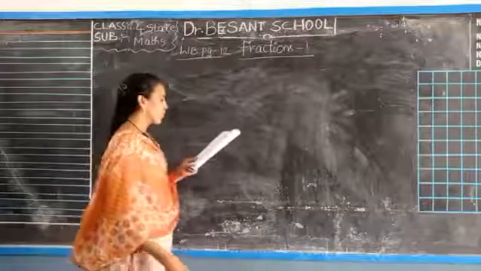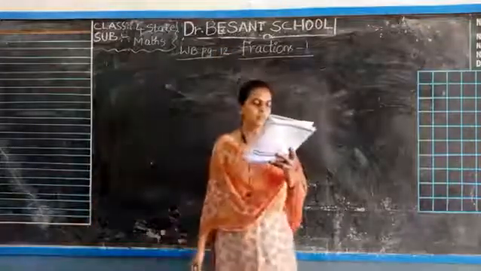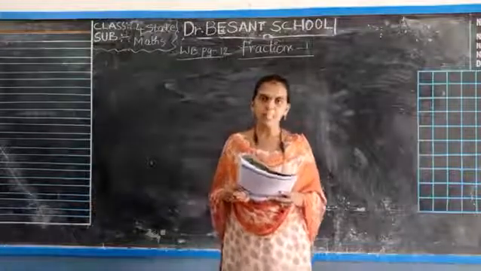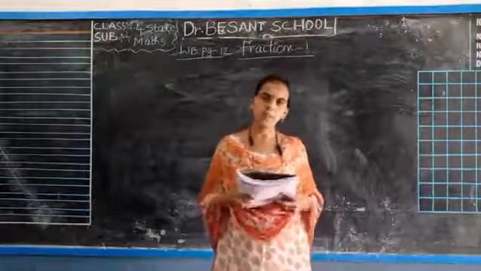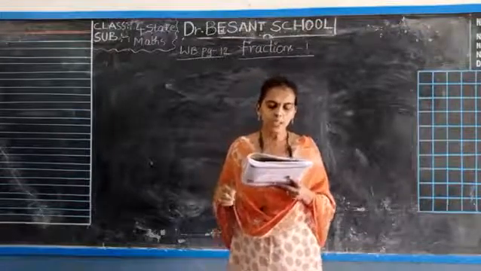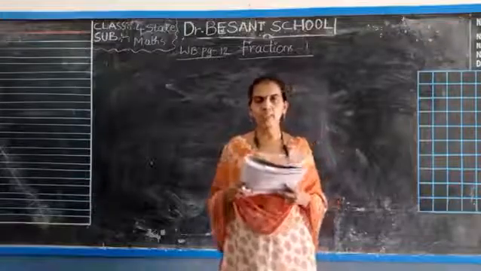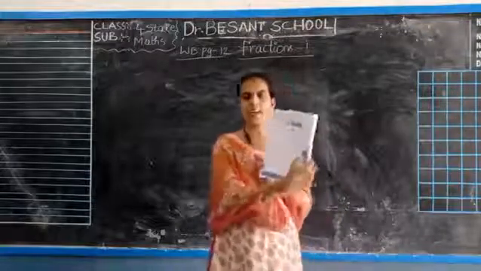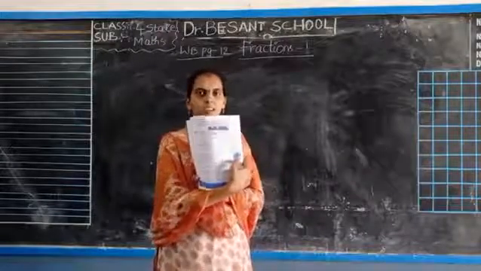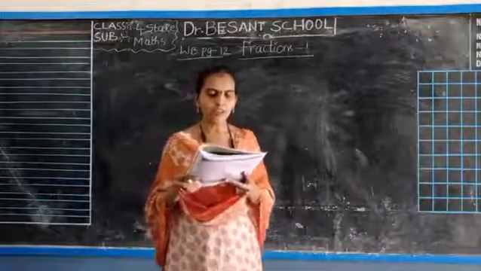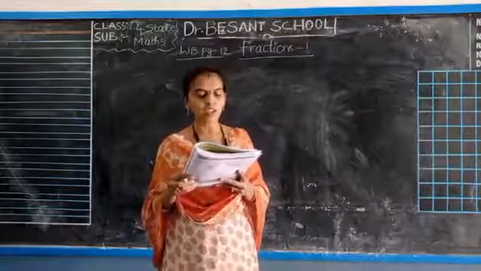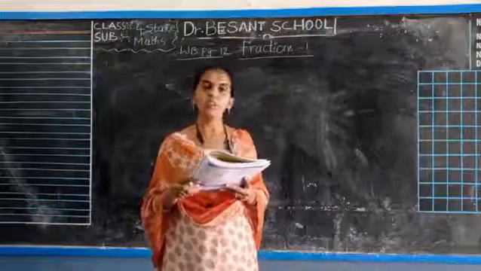Let's see now. 20th one, I am reading the question. Look into your books. Bring your pencils, eraser, everything, sharpened and ready for the class. The equal parts of a circle are painted in different colors. You could see the picture. By the side he has given a circle having different colors in it. Write the fraction of each color in the circle. Compare the fractions. Which color is used the most and which is used the least?